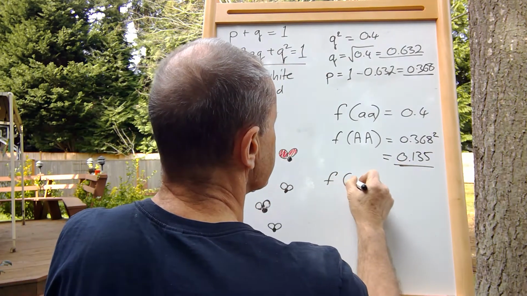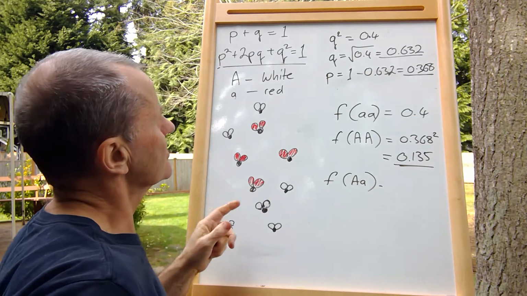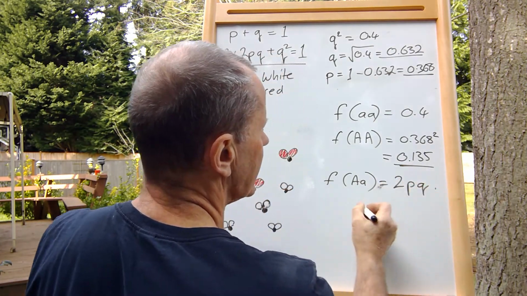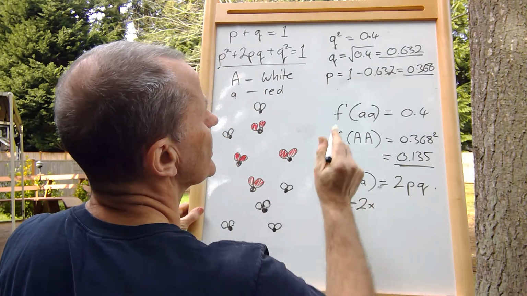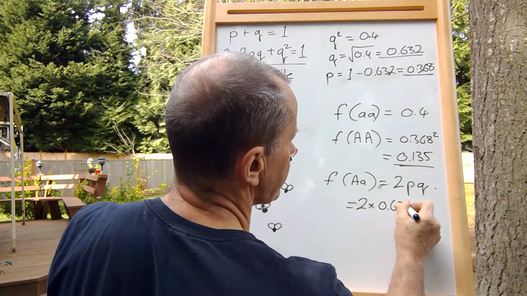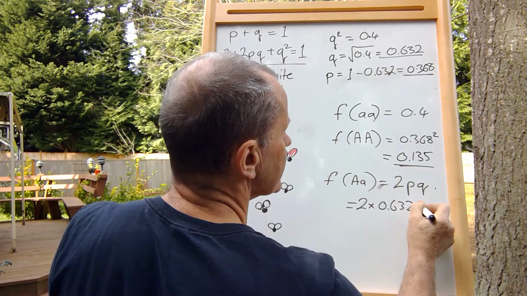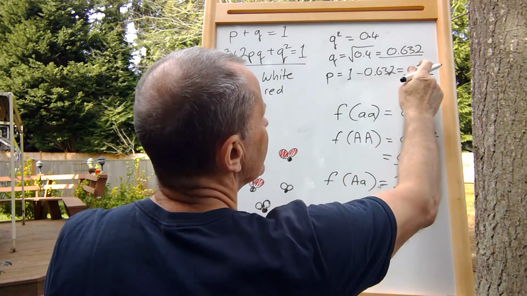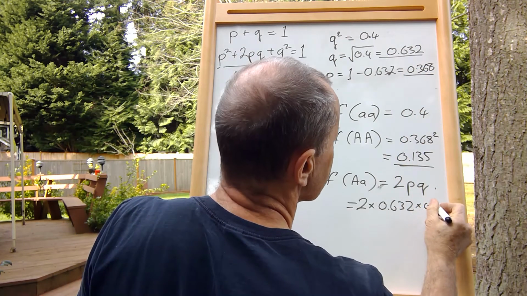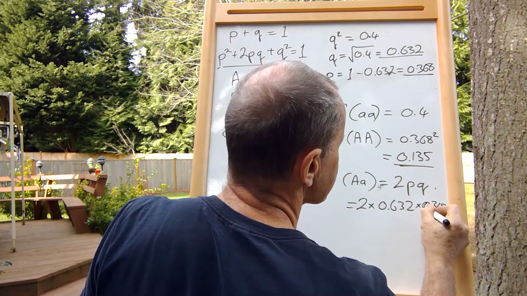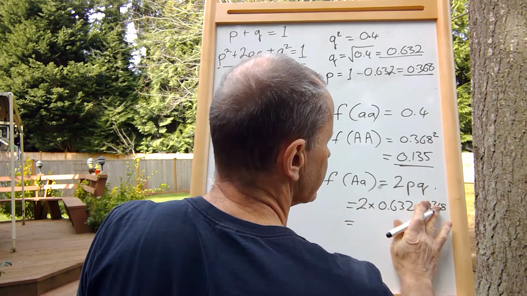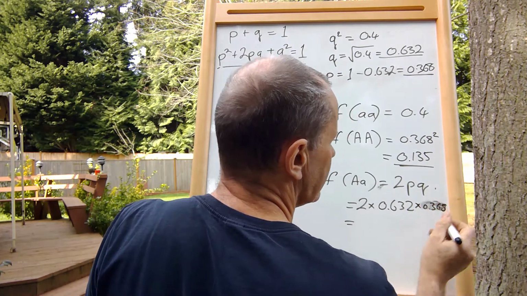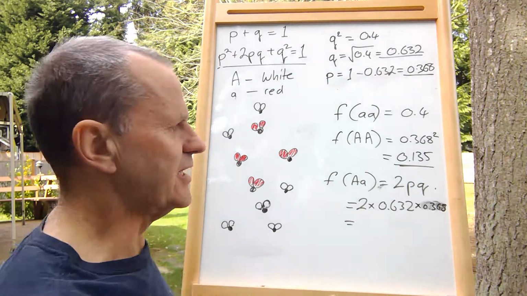And then the frequency of heterozygous, it's 2pq. And 2pq is 2 times p, which is 0.632, times the frequency of q there, and the frequency of p, 0.368. And that ends up being